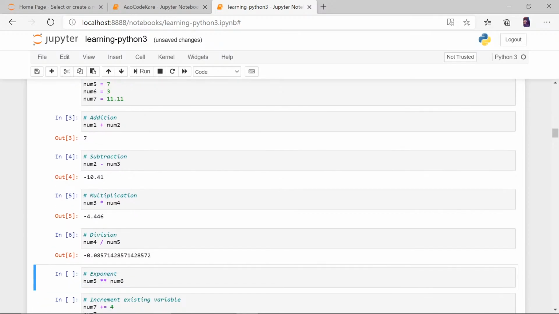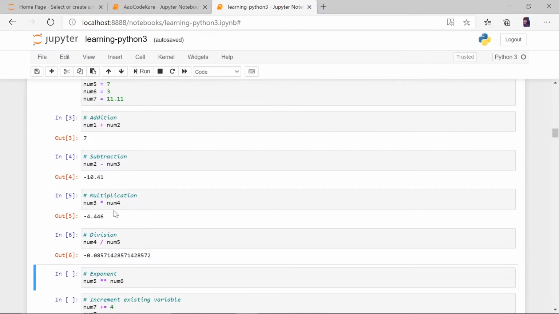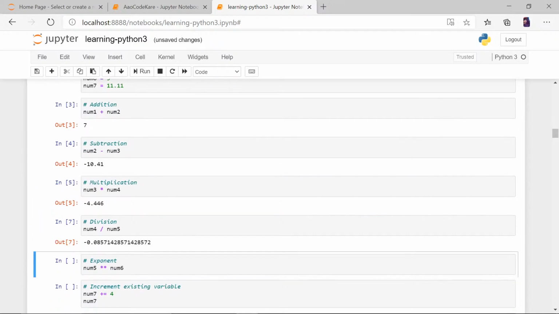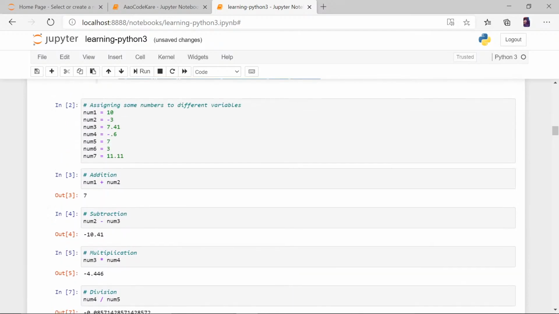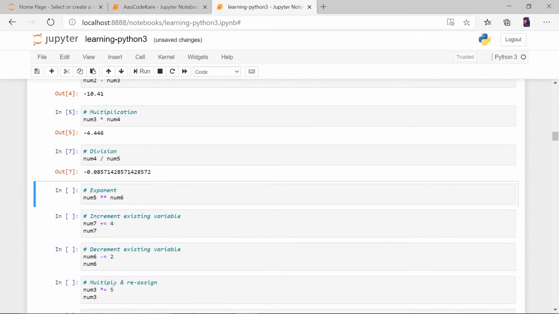Number 3 into number 4: number 3 is 7.41, number 4 is -0.6, so the multiplication is -4.446. Then division of number 4 by number 5: you are dividing 0.6 by 7, so obviously you will get a really small number.